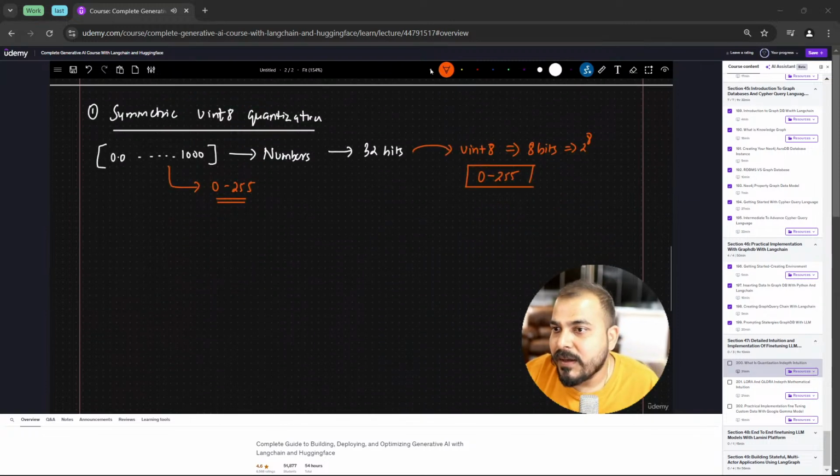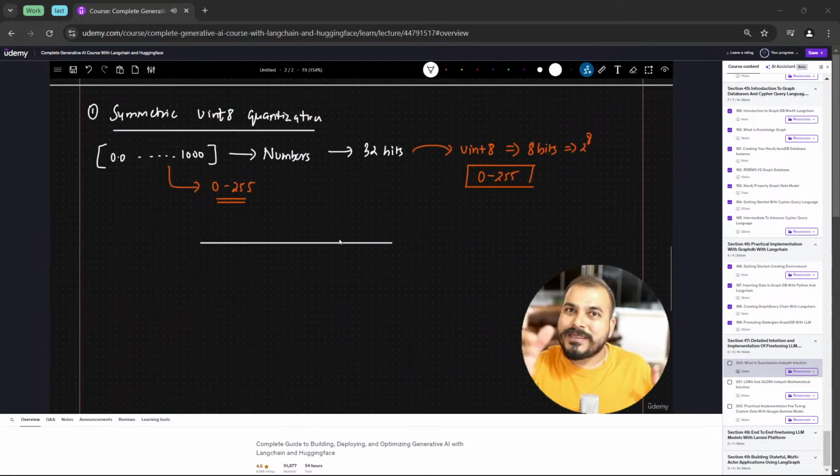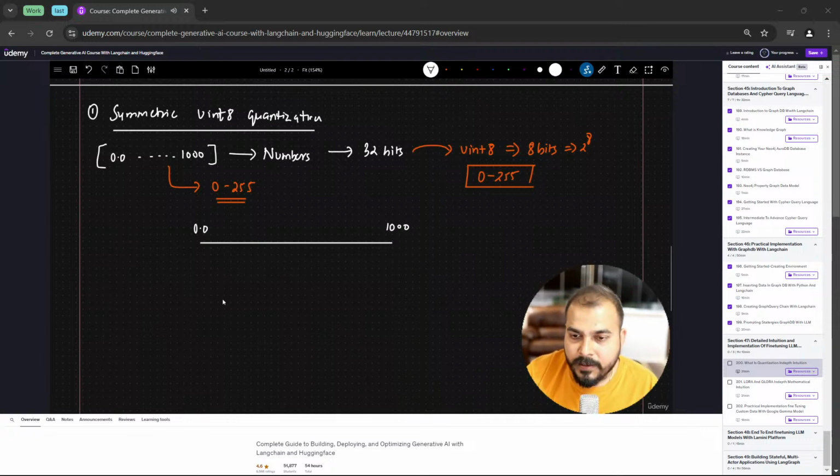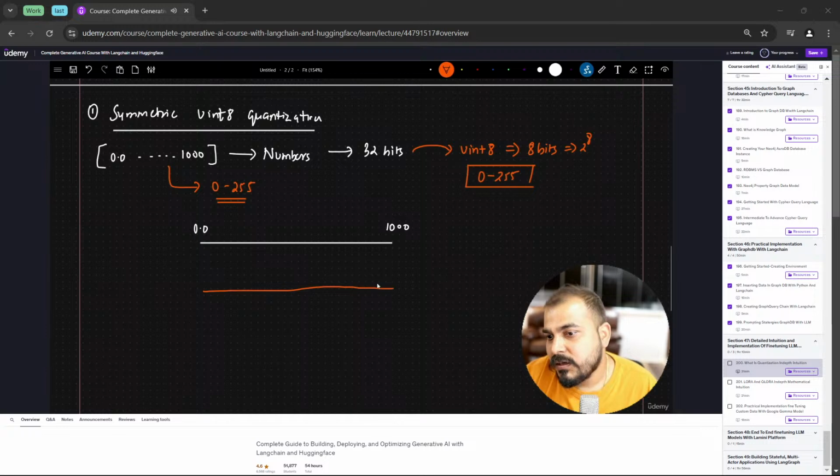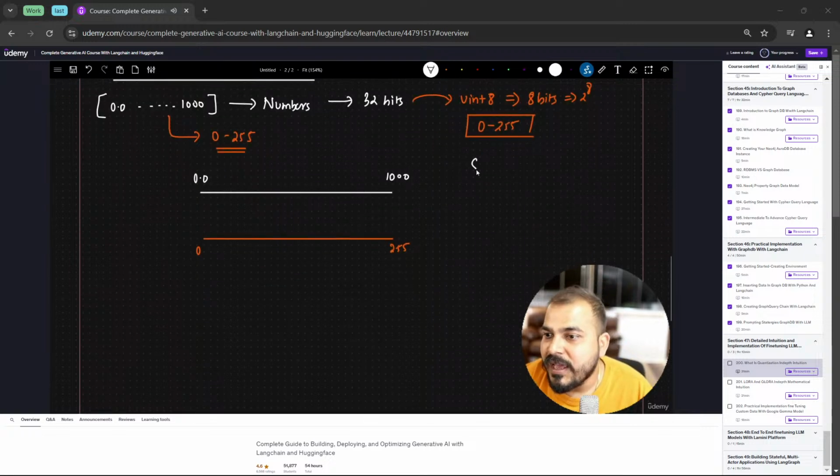Now let's see. If I draw real points, we will do the same thing with the weights, whatever quantization process we are specifically doing. Let's say I have values between 0 and 1000. Then what I will do over here is convert this into 0 to 255. Now let me talk about one very important thing, guys. If we have this single precision